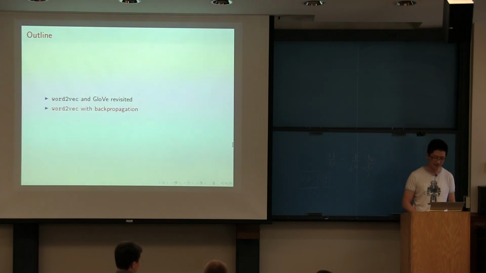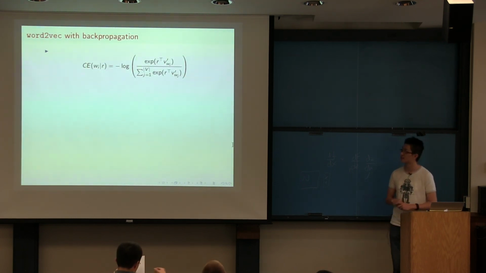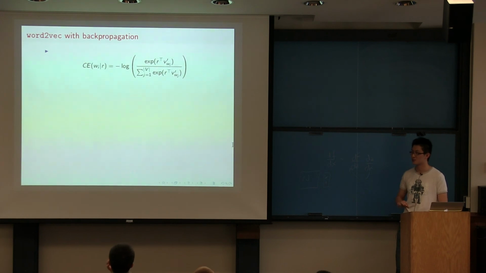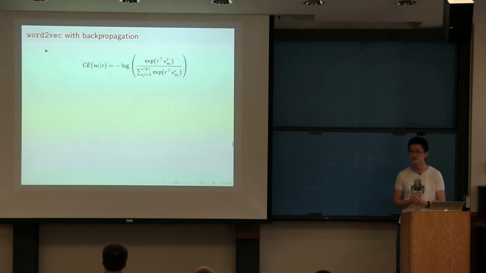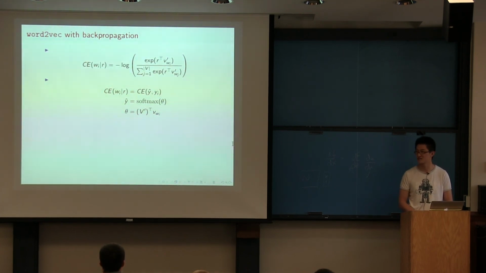Lastly, I'm going to present a simpler derivation for the word2vec models and the gradients we've looked at. In class, we derived the gradients for this softmax cost function. We expanded the log of A over B into log A minus log B, and so on. We derived everything in one step. But here I'm going to show you that we can first complicate the problem by splitting it into multiple operations, and then doing backprop, which is super fast.